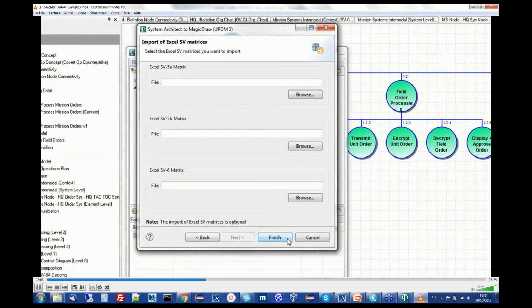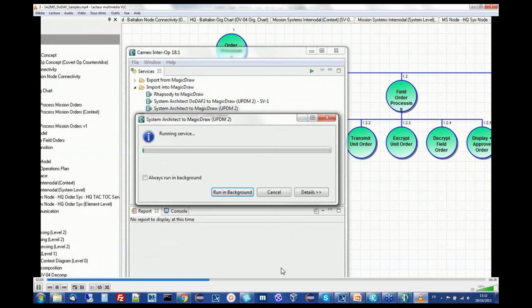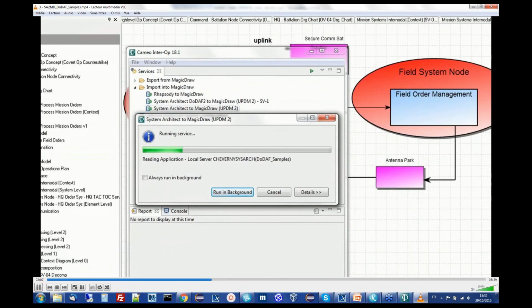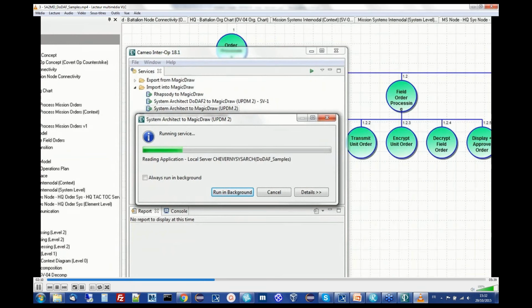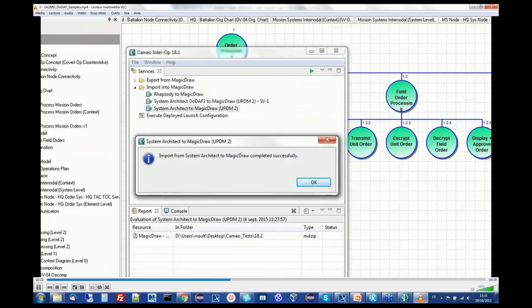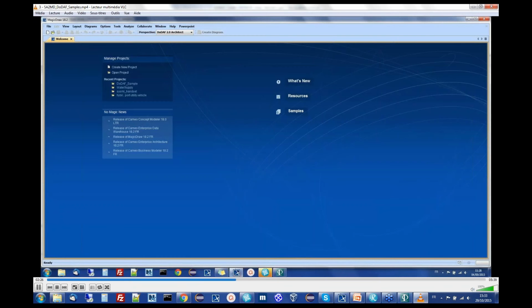Here I click finish, so I'm running the service. It is reading the System Architect encyclopedia, converting the System Architect elements, writing diagrams, and reading some MagicDraw profiles in order to create the proper MagicDraw file. So if we check our result in MagicDraw,